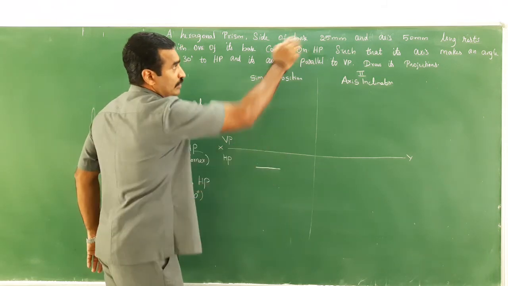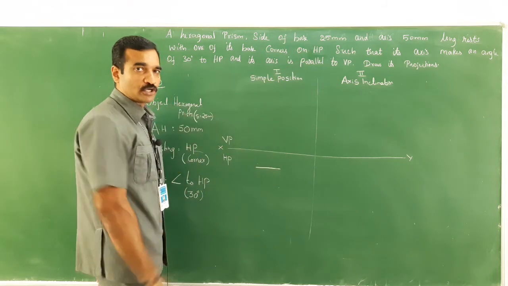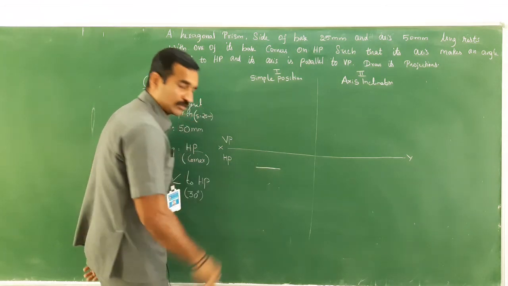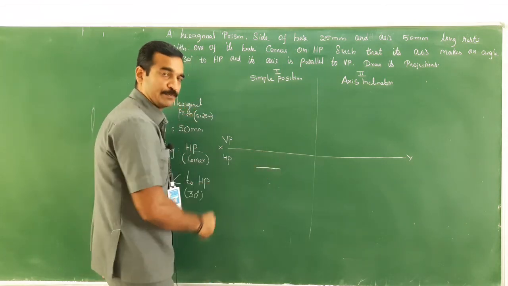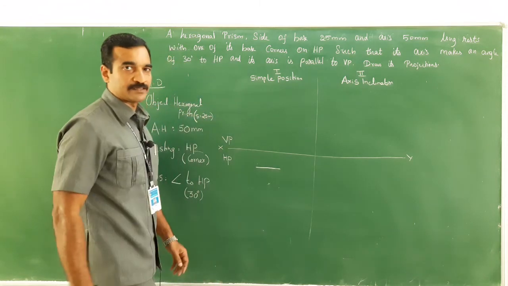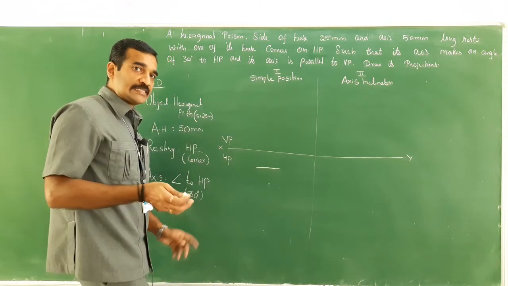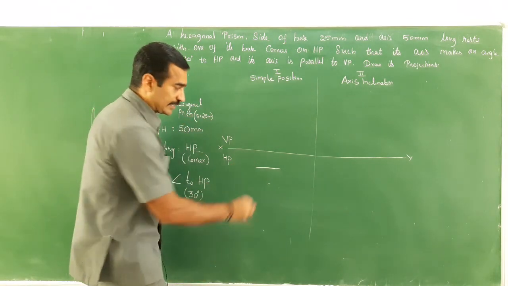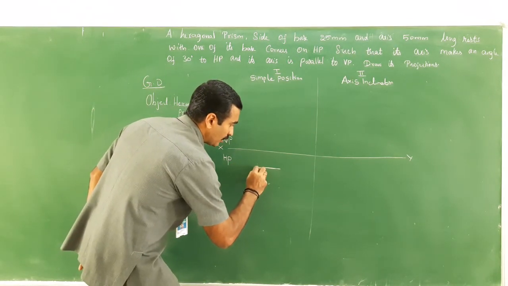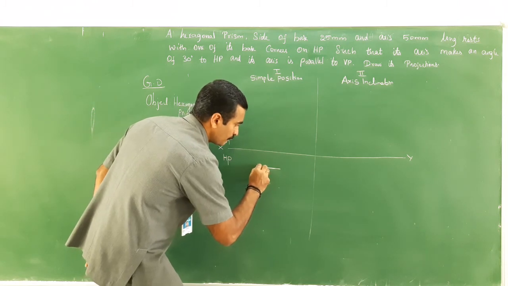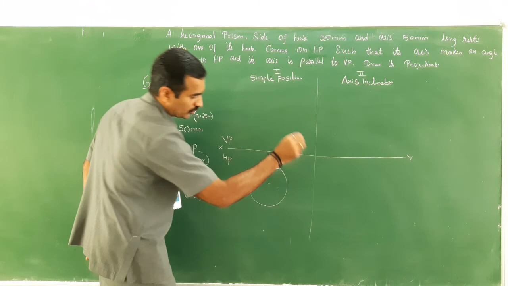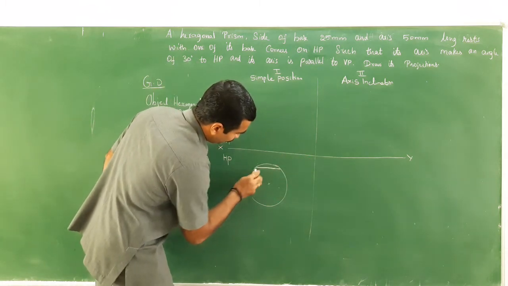This length is 25 mm of side. Take 25 mm in your compass. Keep it at one extreme point and cut an arc. Similarly, keep it at the next extreme point and cut an arc. Now this is the center. Without changing the radius, keep the compass on the center point and draw a circle.